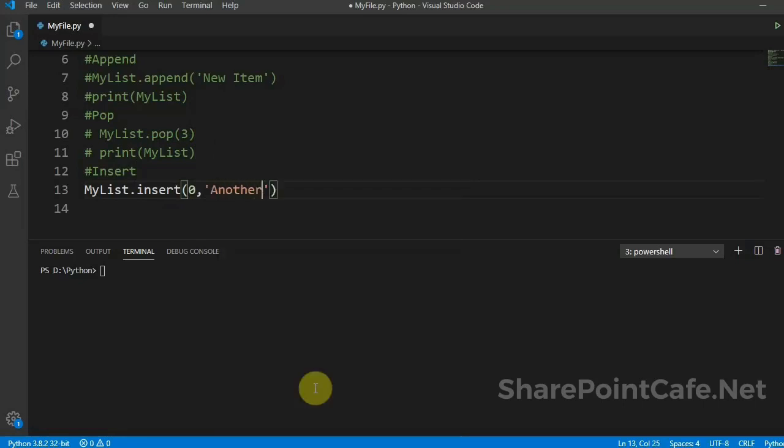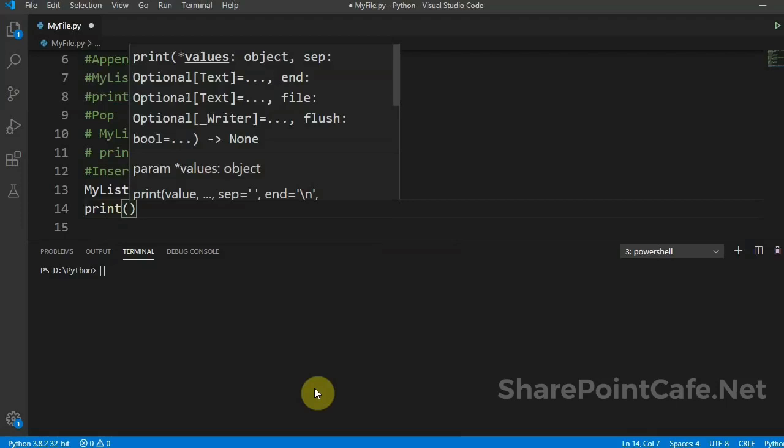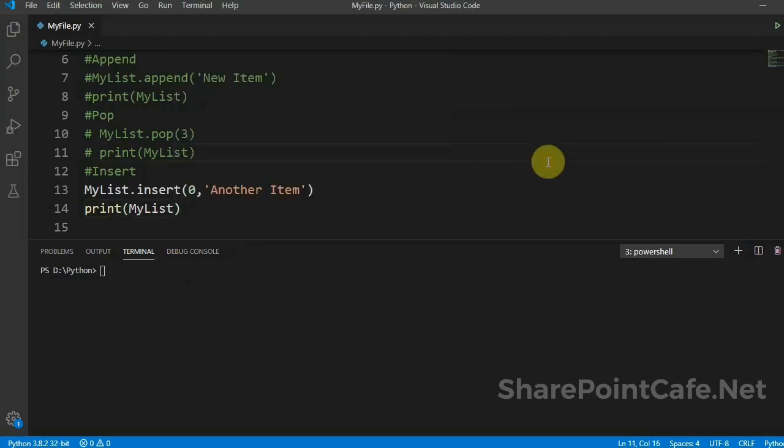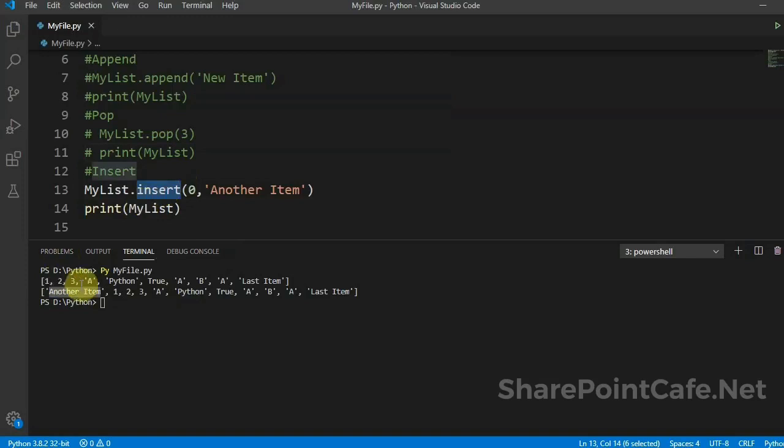Add 0, I'll type another item and then I will print the list. See, another item has been inserted in the list and that is printed over here.